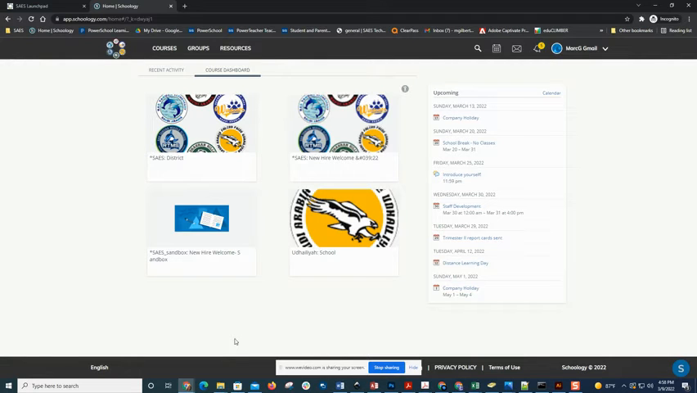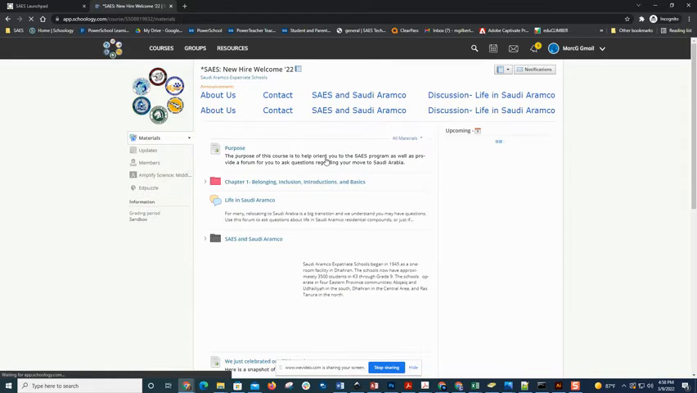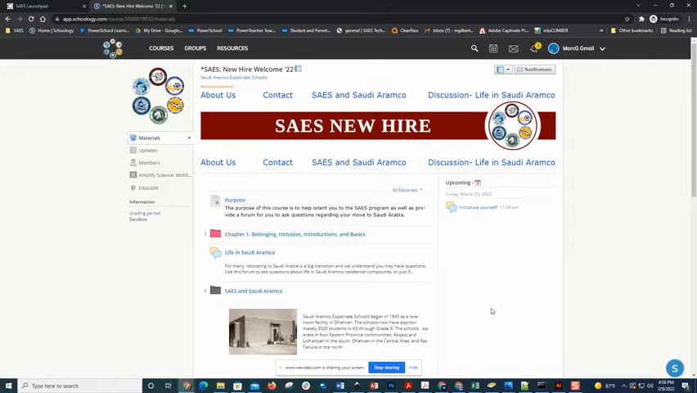So this is what Schoology looks like on the inside, and we've set you up with a couple of different classes here. These are our course dashboard, and you can see there's a calendar over here, and then we've got our SAES district course, which is the course for the whole district, and you can explore that a little bit and see some of the resources we have there. You've got your school too. We've added each of you to the school that you're planning on going to, and then we've got our new hire welcome course right here. So you'll just click on that,